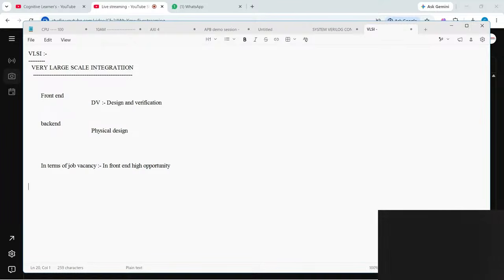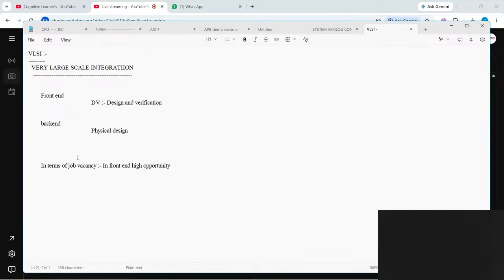I didn't enter into the back end because this complete live session is concentrated on front end, for DV engineers. So compared to back end, front end job vacancies are more.